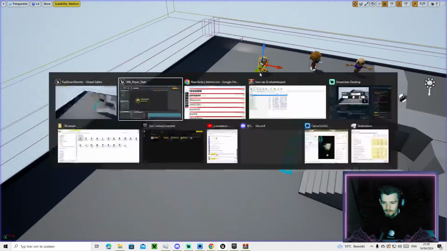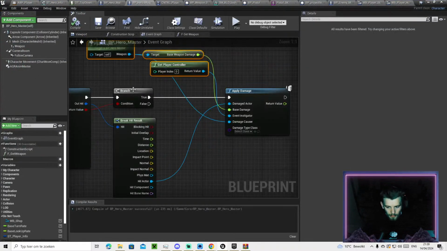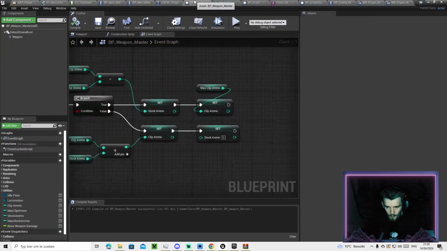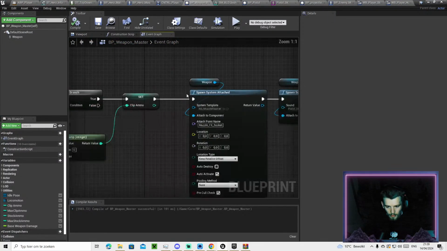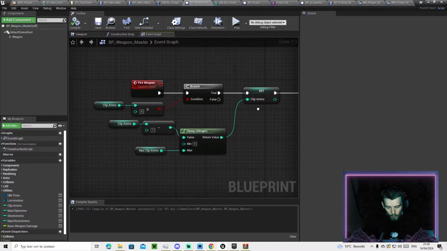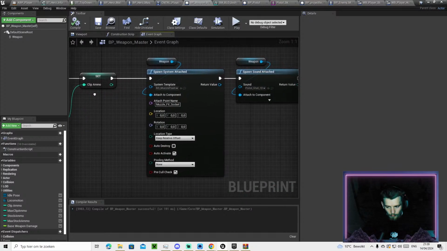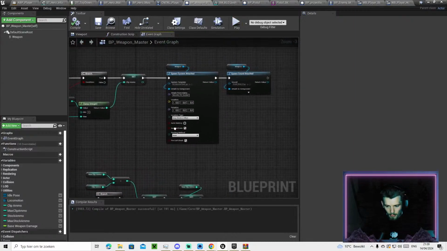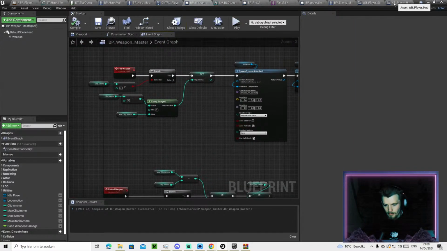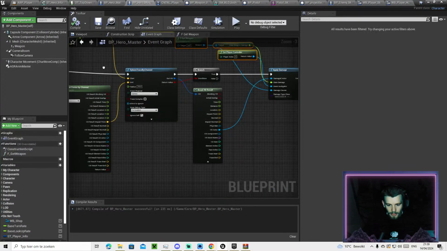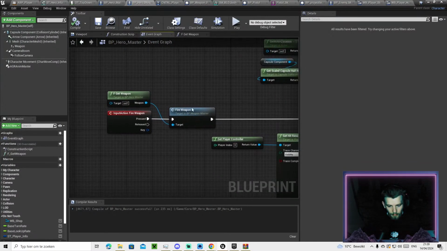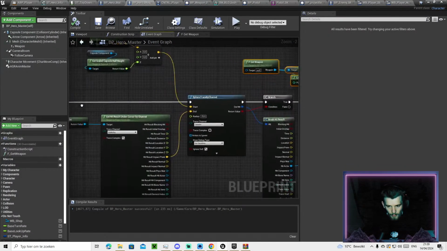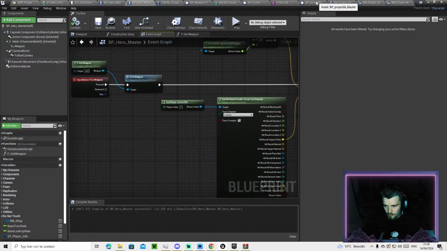Oh, I can still see it's making explosions. Why is that? Oh, it's because of any damage. It's on an any damage event. If we go to our hero master, it's right here. What we can also do really quickly, just to fix that, is